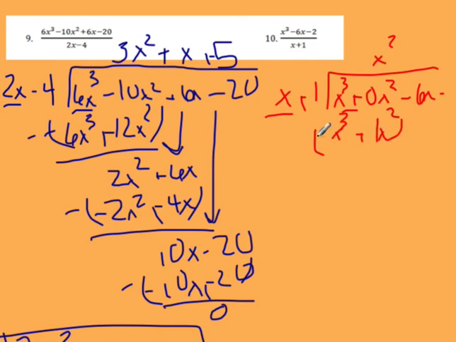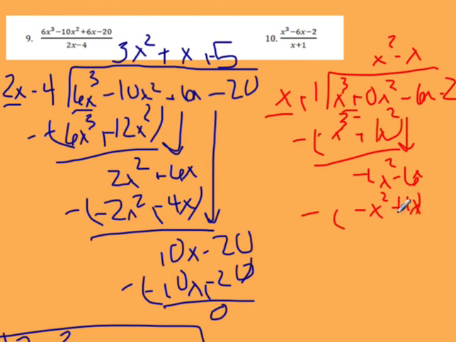So now we're going to subtract those off, so we change the signs. That should be a minus 2 there. And so we get negative 1x squared, and I'm going to go ahead and bring down the 6x. So what do we need to multiply x by to get negative x squared? Well, that's going to be a negative x because we want to change the signs. So then we get negative x squared, and then that's going to be minus 1x. Sorry. So we're going to go through, change the signs of everything, and here we end up getting a negative 5x,